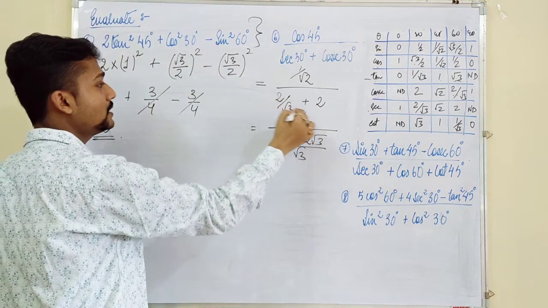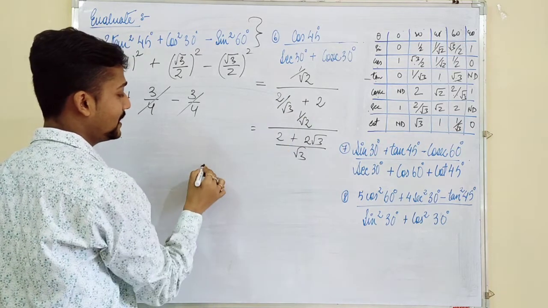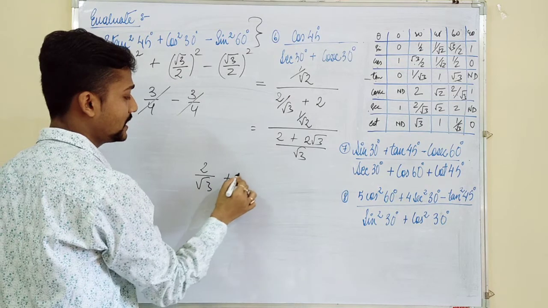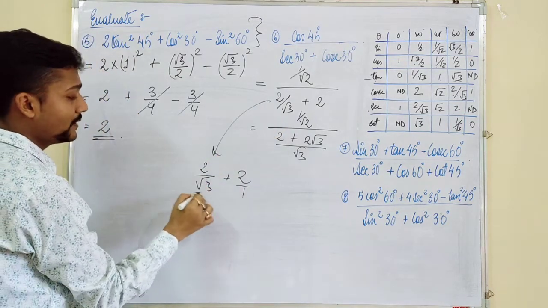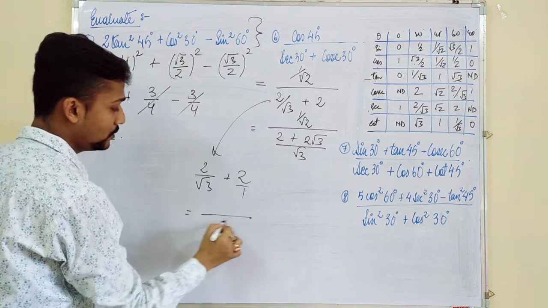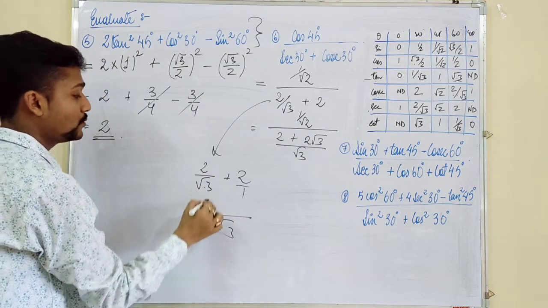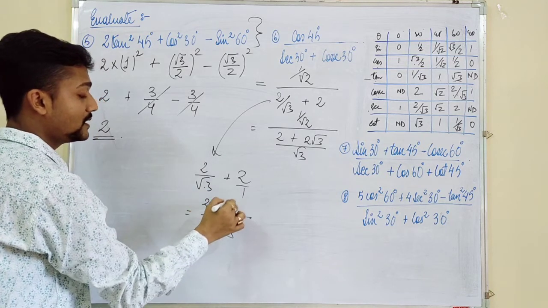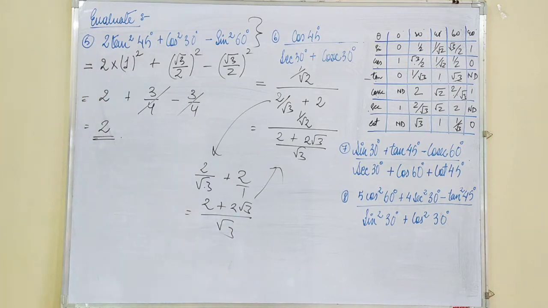Is it required to show this particular solution separately? I am showing this one separately so that you don't get confused. So it will be 1 by 2, this particular part I am showing. So root 2 by root 3 plus 2 by 1, root 3 will be the denominator. Root 3 divided by root 3 is 1, into 2 is 2. Root 3 divided by 1 is root 3, into 2 is 2 root 3. See. Okay.